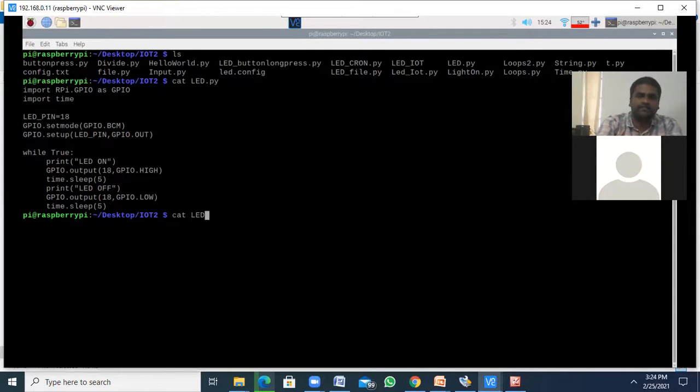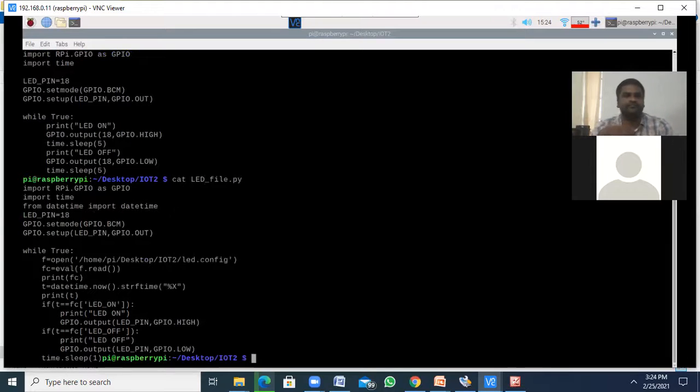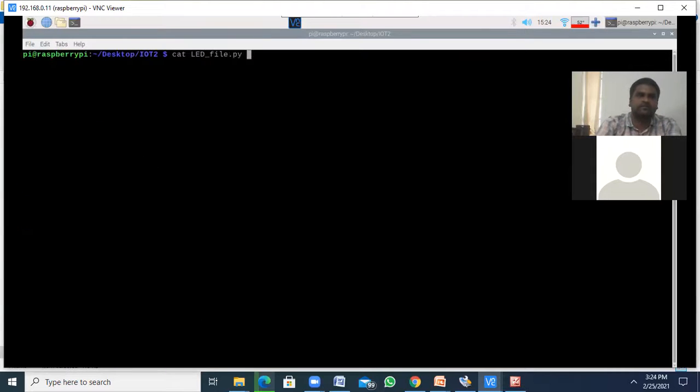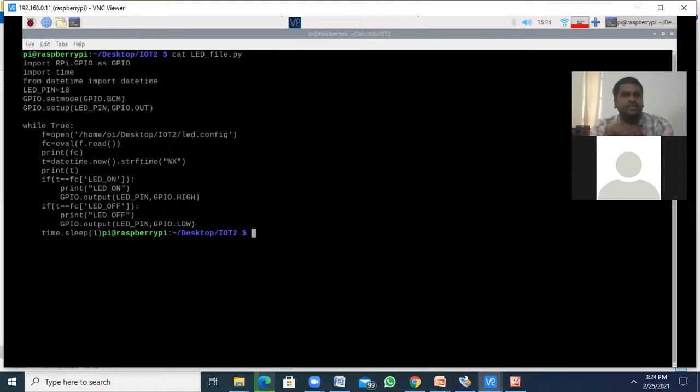The LED file, right? We're executing the file program. This is my program. It's not clear, right? So we are importing GPIO. We are importing time. We are importing datetime also. Why? Because we have the configure file.